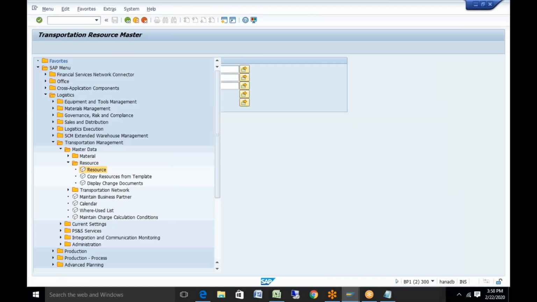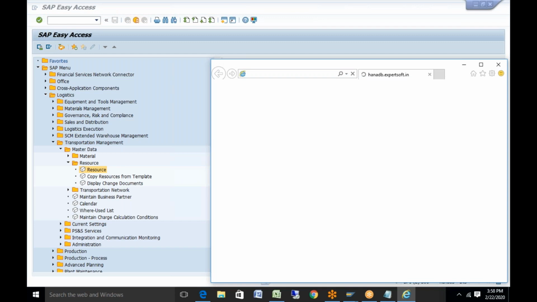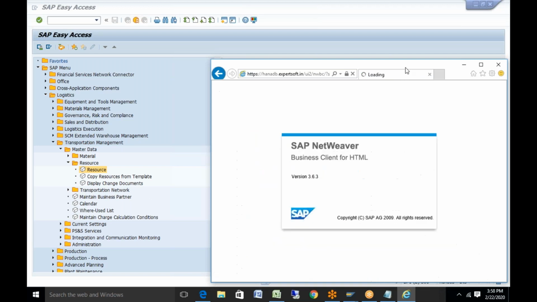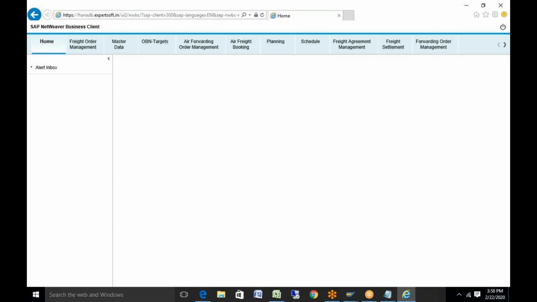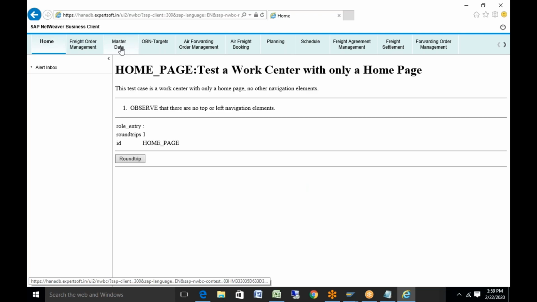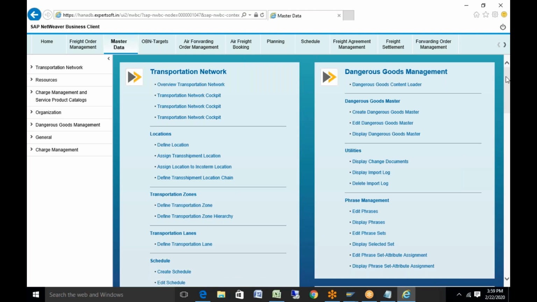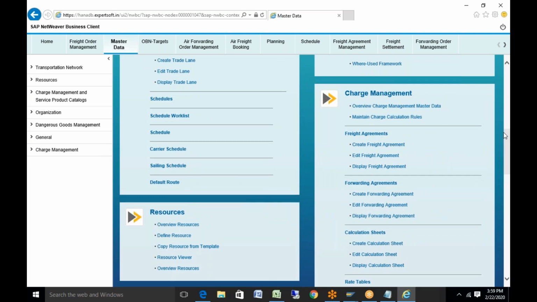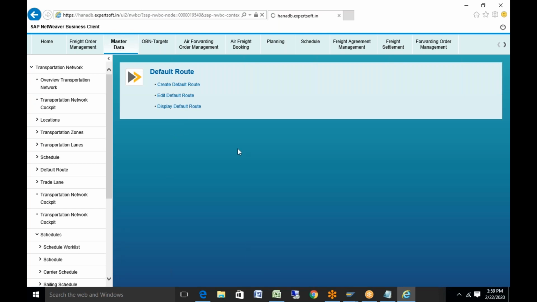So if you go to NWBC, if you go to master data, and here if you go down, default route, I go first of all to the end user level.